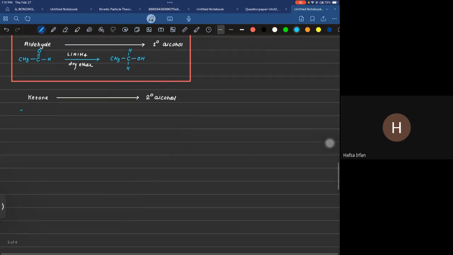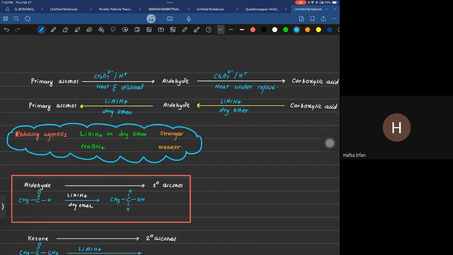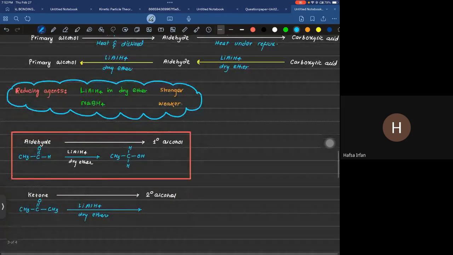So ketone, I took the simple one, that is propanone. So propanone को जब आप reduce करोगे through LiAlH4 in dry ether, तो आपको क्या मिलेगा? When you will be reducing ketone, you will be getting secondary alcohol. What's the structure for secondary alcohol? तो वो होगा कुछ ऐसा।